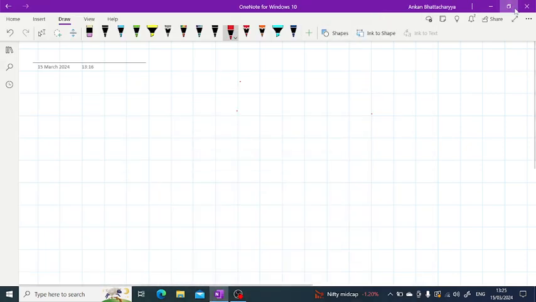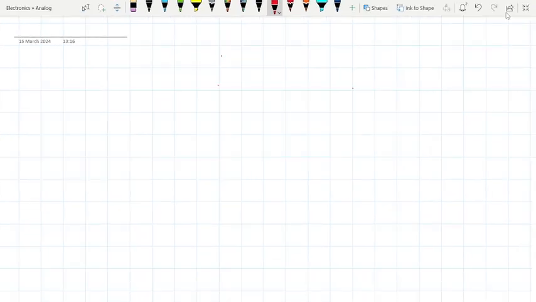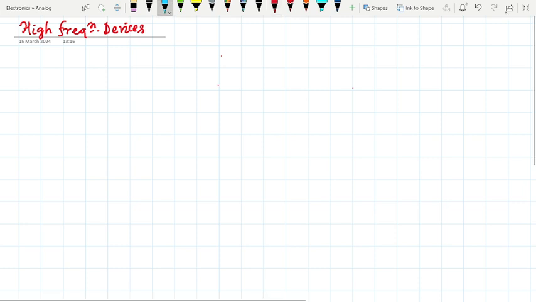So today we will discuss the high frequency devices. What are these? At first you have to understand that by high frequency devices, I do not mean that the device is undergoing oscillation with a very high frequency. It does not mean that. What does it mean? It means that the devices